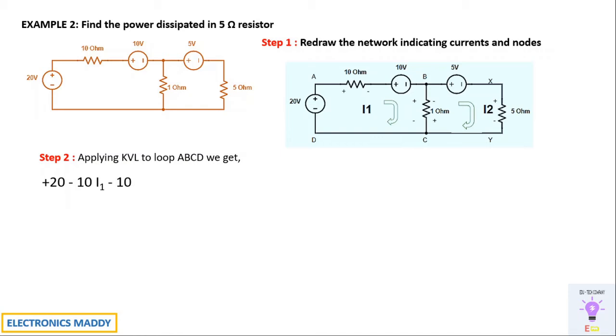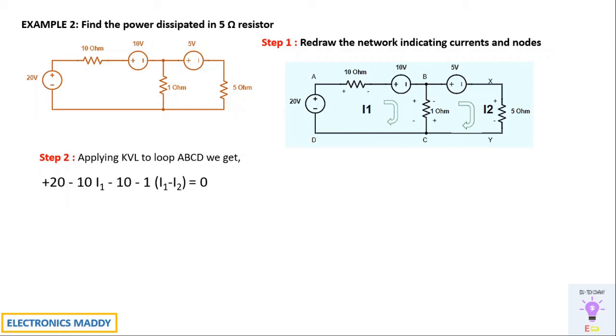Again, when you come to this point, this is a very important point. With respect to BC, current is entering and leaving at negative, so the value of resistance is 1 ohm. However, there is another current flowing as well, so we can write it as I1 minus I2 because we are writing it with respect to loop 1. We'll always write I1 at the beginning and I2 at the secondary side. So we'll be writing it in this form. Whenever we are doing it for loop 2, I'll show you how that will be done as well. Once this is done, this is equal to 0 because this is according to KVL.